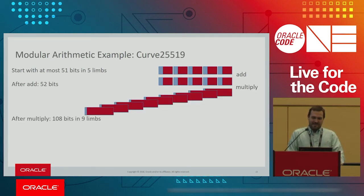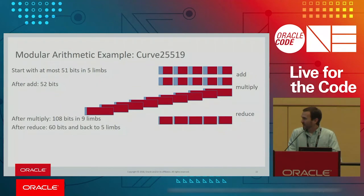For multiplication, things do get a little bit more complicated. Again, I'm using the 64 to 128-bit multiply, so now I have much more limbs, and now they're 128-bit values, but they have at most 108 bits in each limb. But I do still have a little bit of space that I can work with. And so I can reduce that back down, and now I'm back down to 5 limbs with only 60 bits each, so I'm losing a little bit of space as I go, and as long as I don't run out,